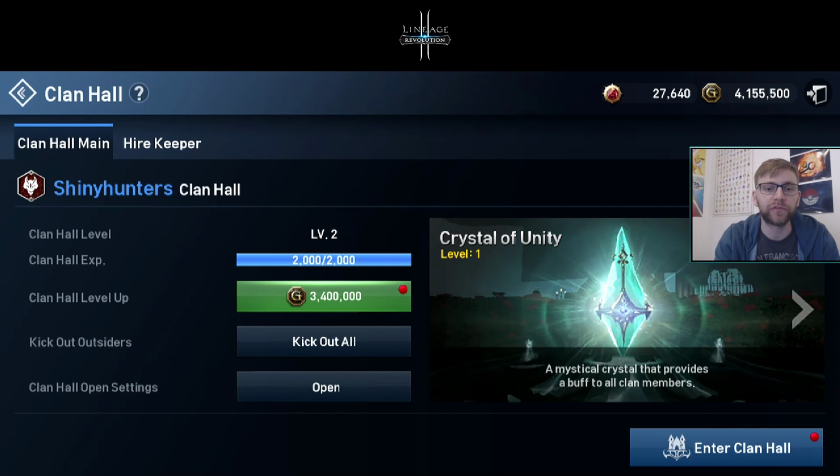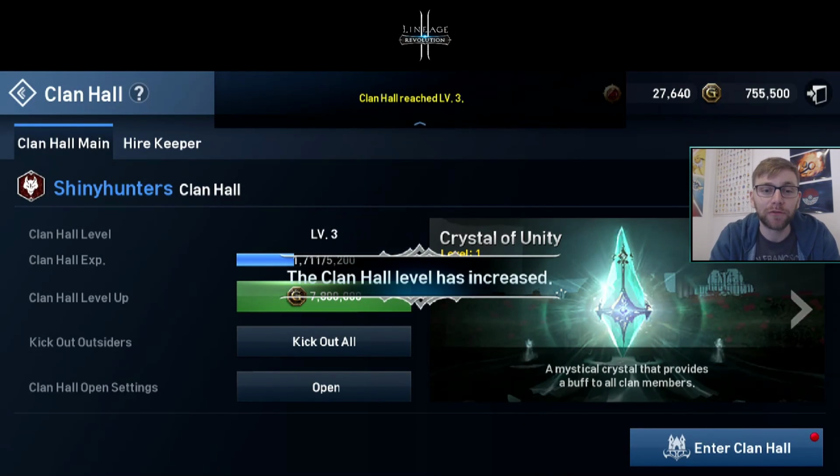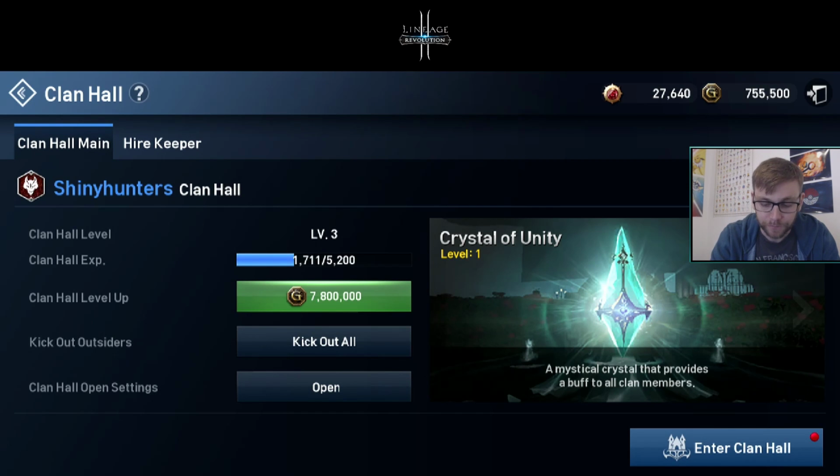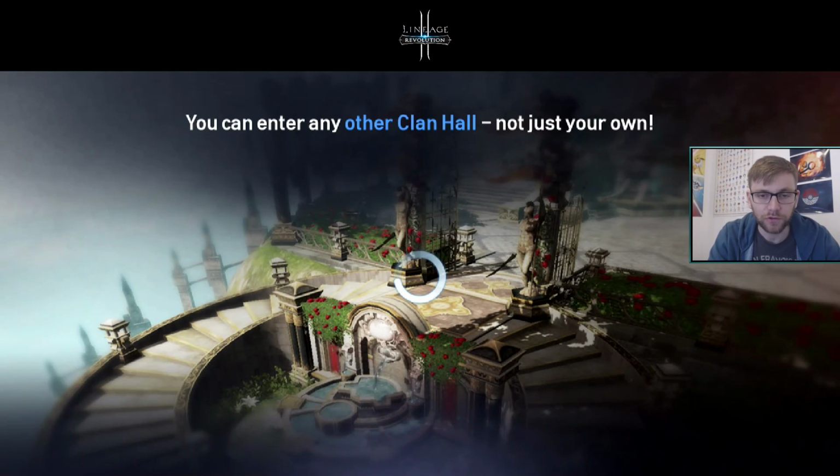So that's a ton of coins that have been donated. That's how our Adena combined from what we donate to the clan, and that means our clan hall is now level 3. We need 7 million to get to the next one. If we enter the clan hall, your level does mean you get different gifts